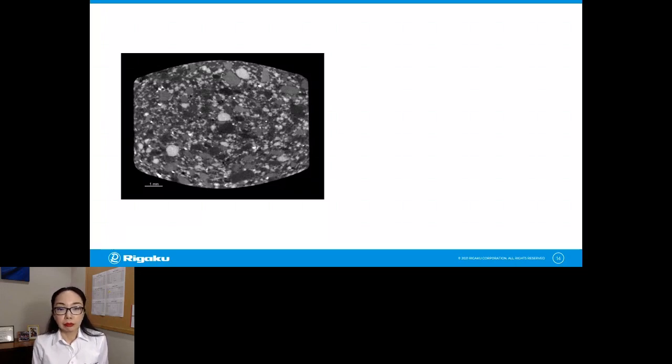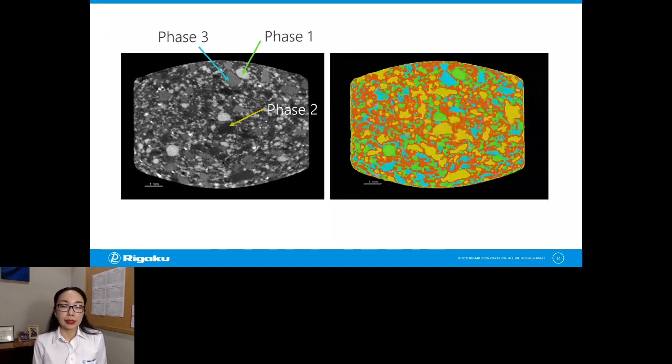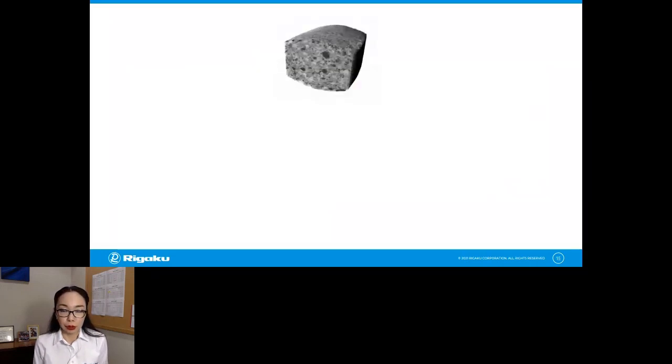And you can categorize them as phase 1. This one is kind of light. That means it's high density. And this is phase 2, lower density, phase 3, somewhere in the middle, and so on. In this manner, you will label all those pixels or voxels to segment this image like this. And this segmentation of the original image is the very first step you always take if you're going to quantify something with CT scan. Now, this is just a 2D cross section, but you, of course, do this in 3D